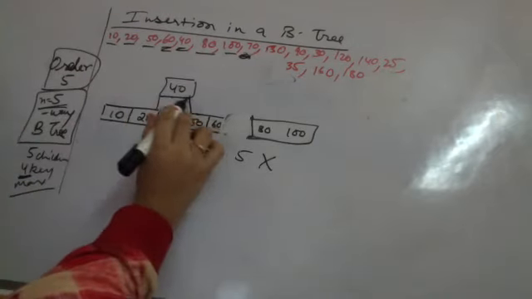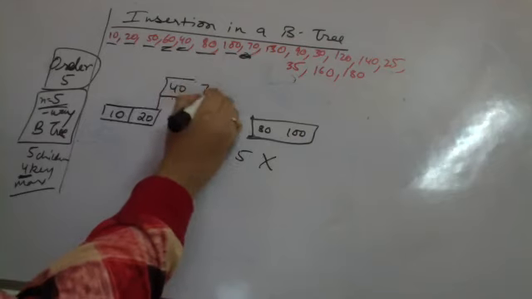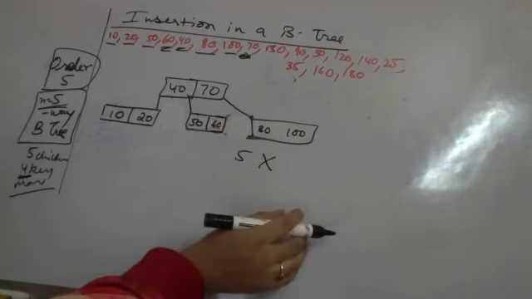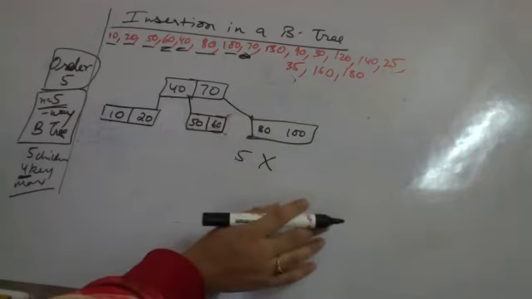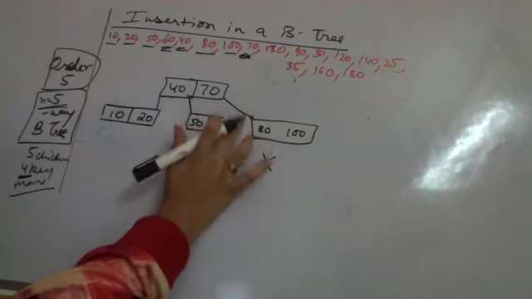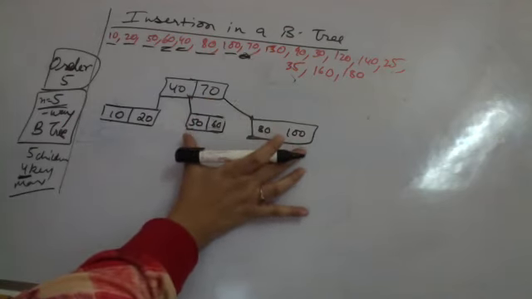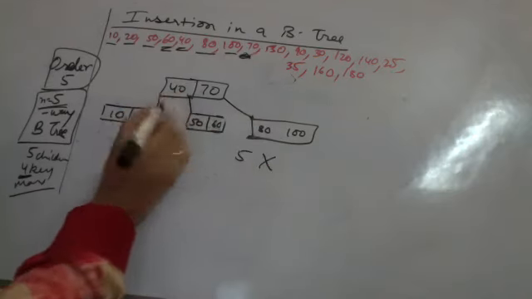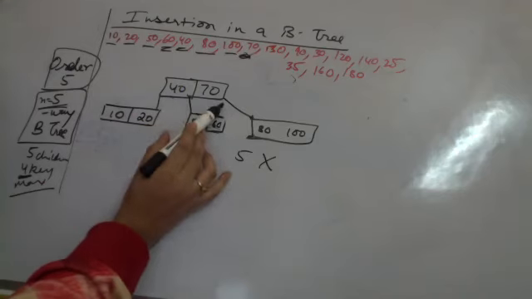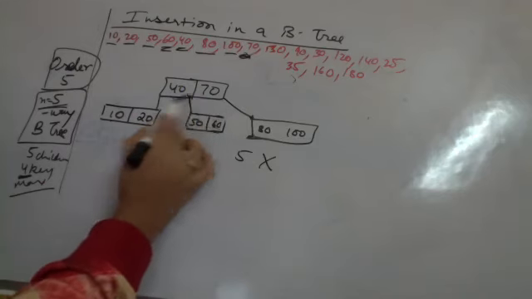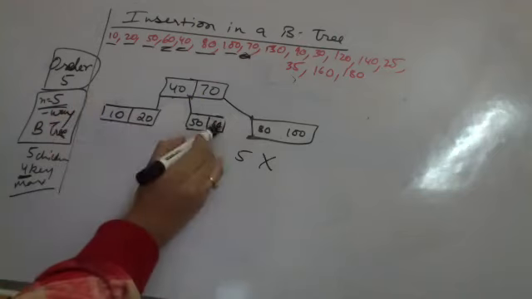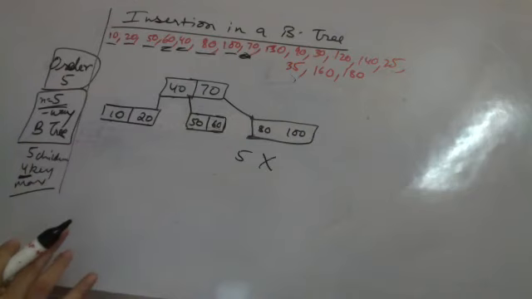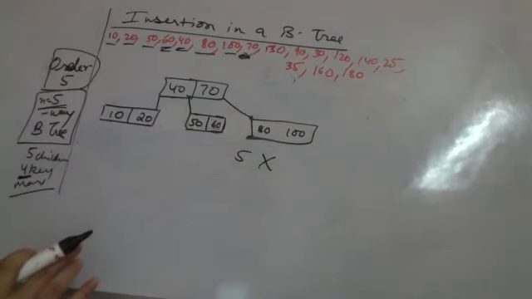Now the parent node has space, so 70 is added in the parent node, so that it becomes a child over here. Are you all understanding what just happened? When I was having a 70 over here, the number of keys in this node was 5, which is not allowed. So I break from the median, and the median becomes the parent. Parent node mein there was space still available. So I have added 70 in the parent node, and these become the children. This is between 40 to 70. This is greater than 70. Is it clear? How have I added 70?